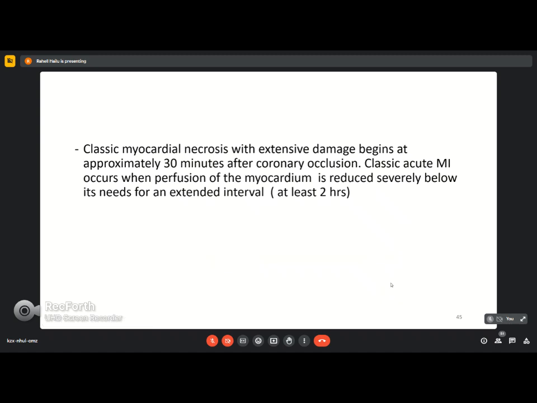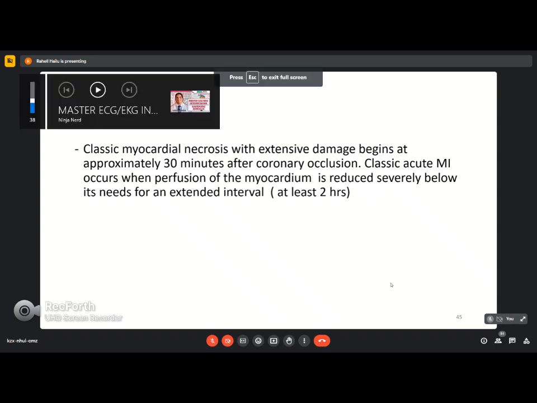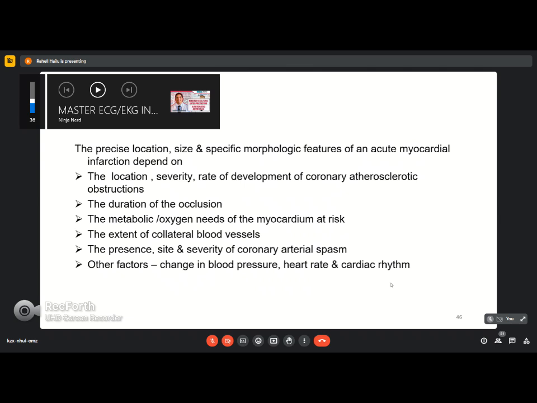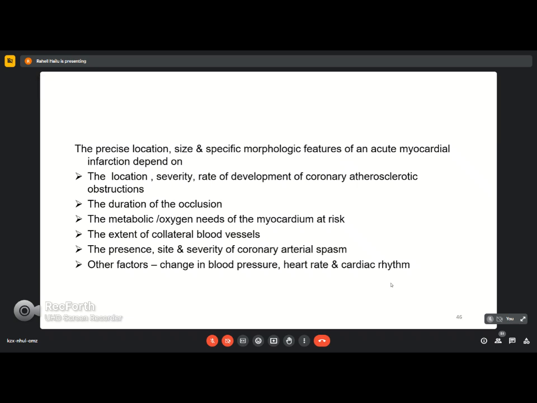So this just gives you the timeline. You can read it. So the classic myocardial necrosis with extensive damage begins approximately 30 minutes after the coronary occlusion. But the classic MI occurs when the occlusion lasts beyond 2 hours, okay? So the precise location, the size, and morphologic features will depend upon the type of the obstruction, also the duration